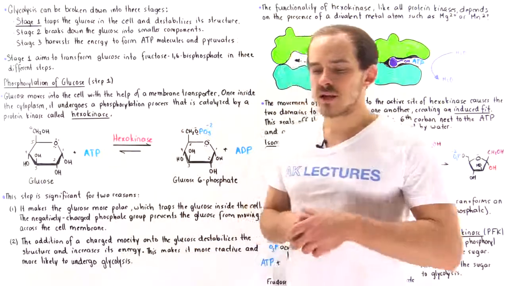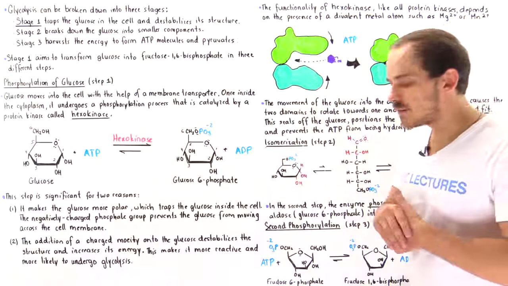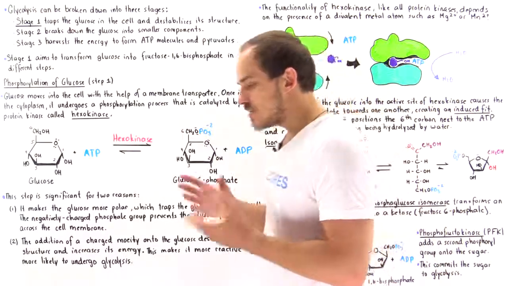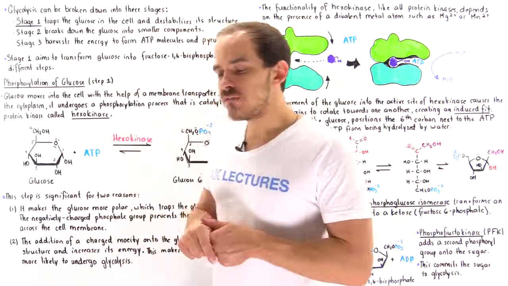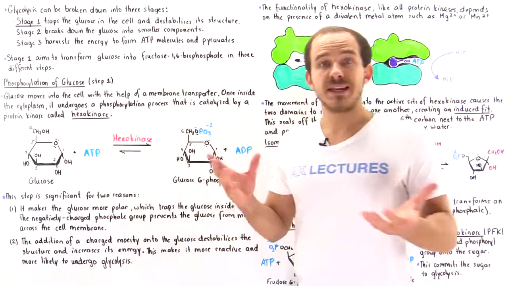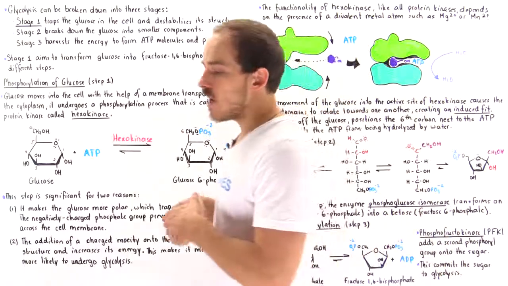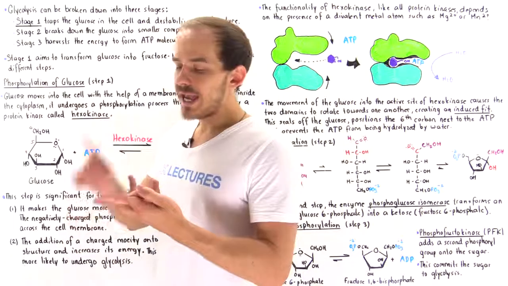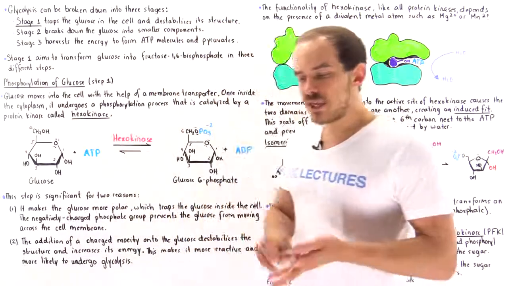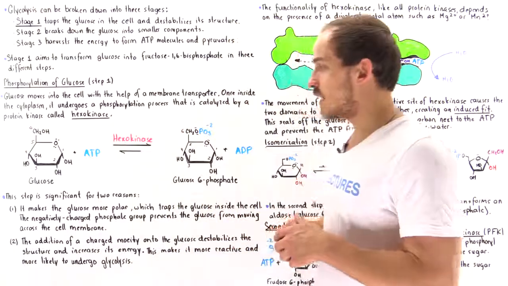So to begin our discussion on glucose metabolism, let's take a look at glycolysis. Now, glycolysis is also known as the glycolytic pathway, and glycolysis actually involves many individual steps and many individual processes. And so we typically divide glycolysis into three different stages: stage 1, stage 2, and stage 3. Now in this lecture we're going to focus on stage 1, but before we take a look at the details